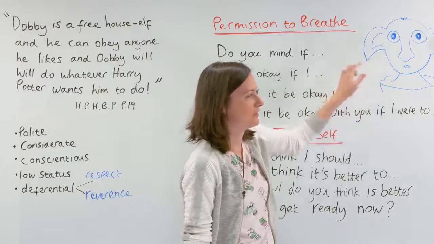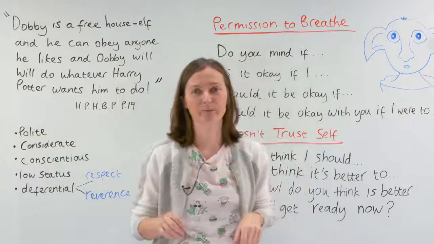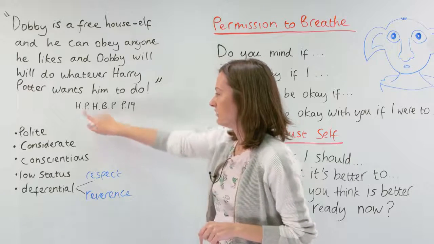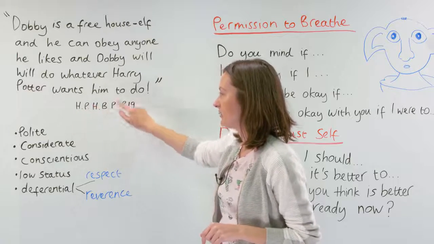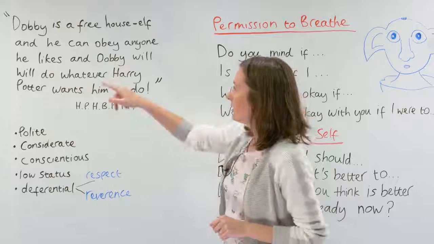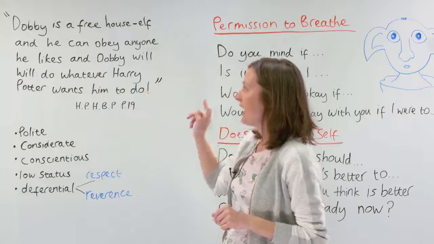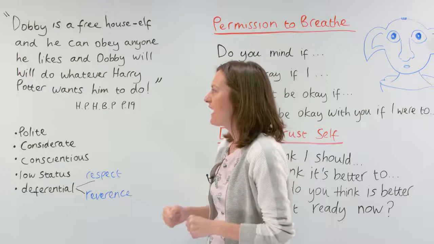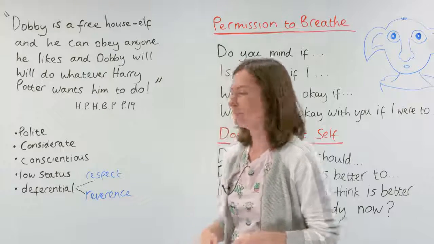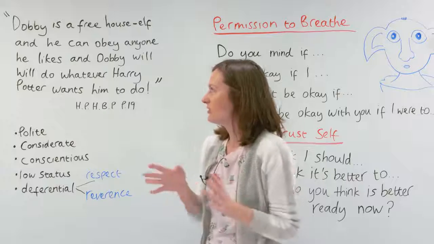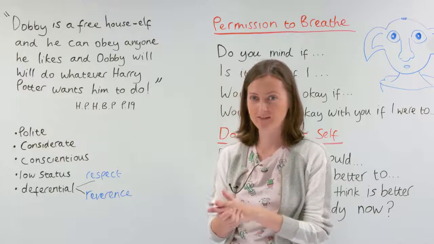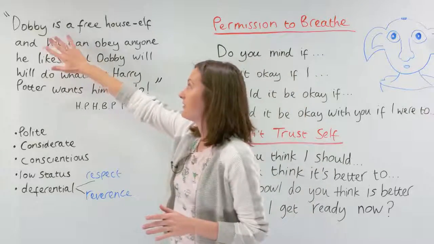Dobby the house elf is in all the Harry Potter films. Here is one of Dobby's quotes, and this is from Harry Potter and the Half-Blood Prince. Dobby is a free house elf, and he can obey anyone he likes, and Dobby will do whatever Harry Potter wants him to do. So what's interesting about this quote in terms of submissive language is Dobby is a free